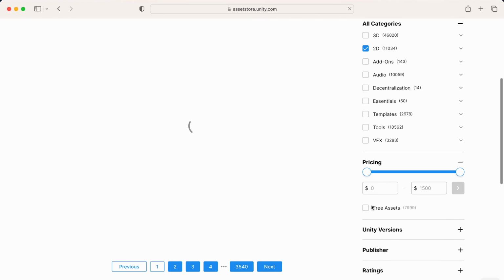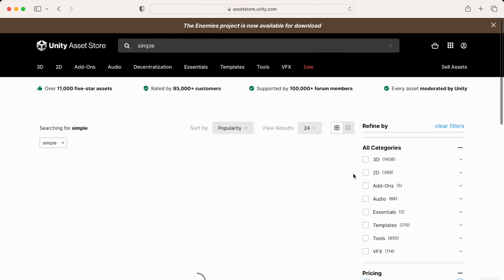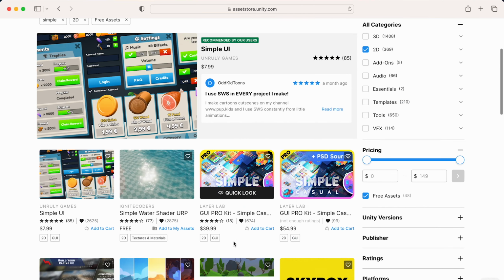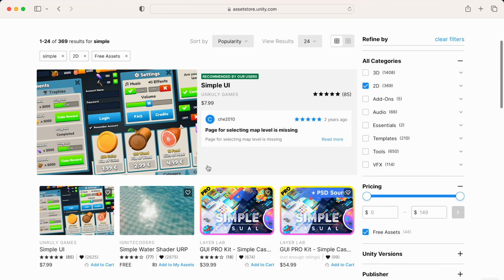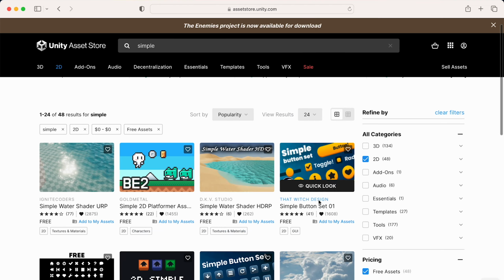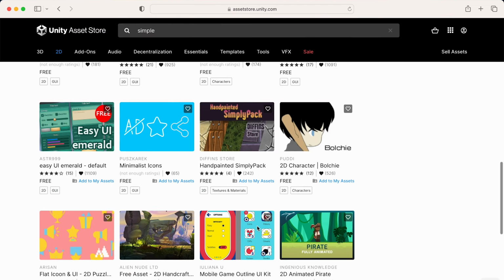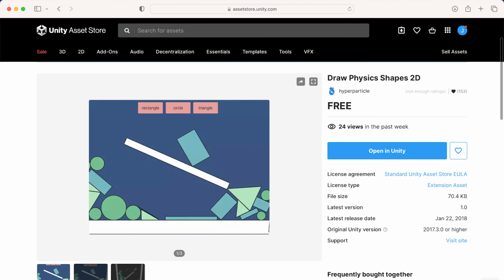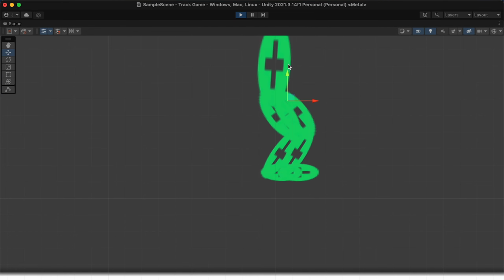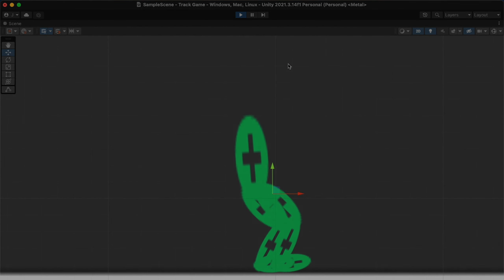So I was perusing the asset store, trying to find something that could work for what I had set up so far. I was mainly looking for a set of simple shapes that could more accurately represent the physics shapes that I had drawn up. But surprisingly, I couldn't find almost anything that fitted what I needed. There was little in the way of basic shapes. I found this one asset that said it could draw physics shapes, and I tried it out, but it didn't work immediately, and I'm very impatient, so I decided to just keep with the temporary UI assets and just keep plugging away with my game.